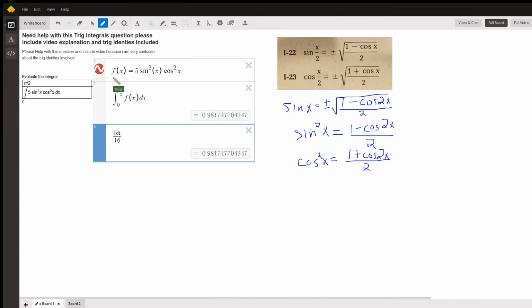Here is the function defined as 5 sine squared x cosine squared x, which is what we're trying to evaluate, the definite integral from 0 to pi over 2. It looks like the answer in Desmos is 0.9817, and it looks like this is the exact value, 5 pi over 16. Question is, how did I get from here to here